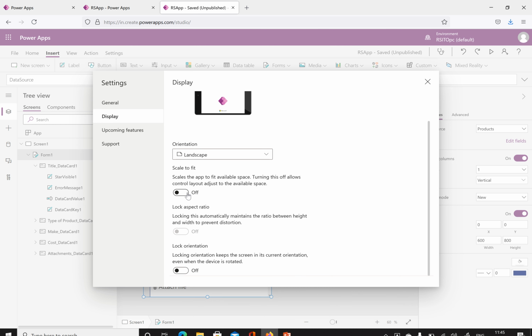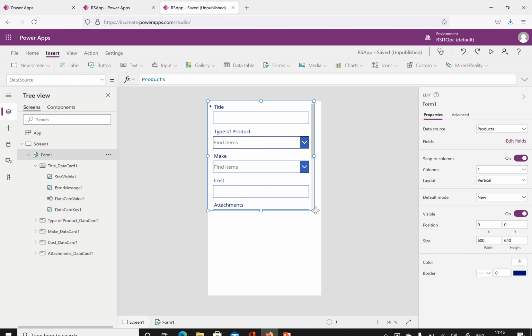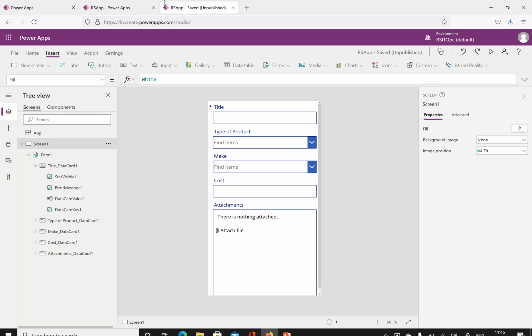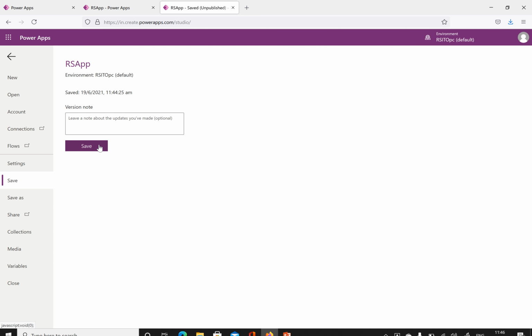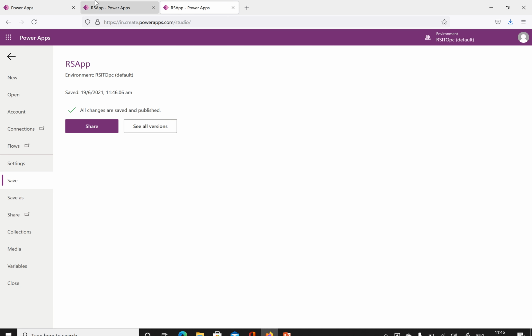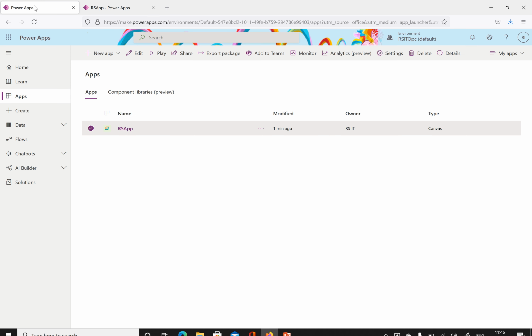Coming back to this, turn it off, and then change this one to portrait and then click apply. Now it looks good. We'll adjust this one. Okay, so fine, click save and then publish, and then come back, close this one, try to open.